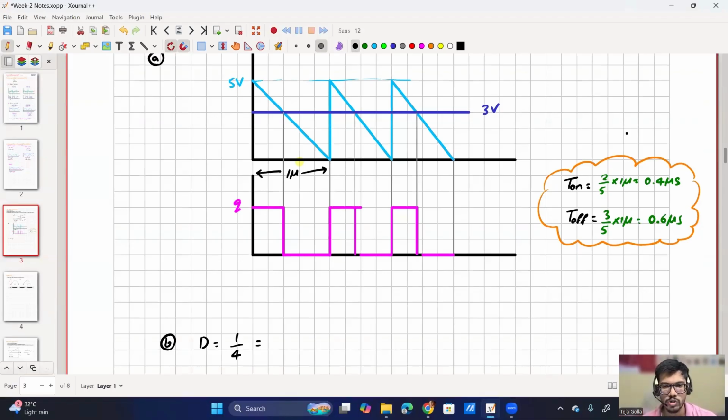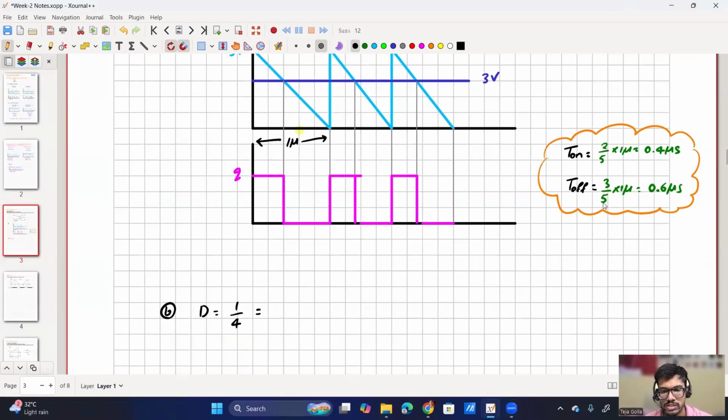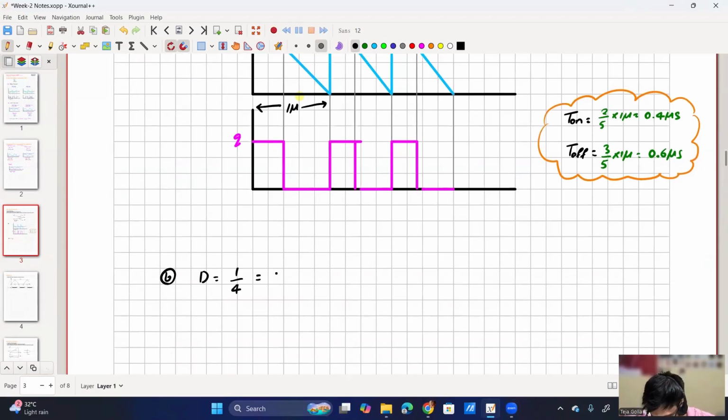So anyone, what should be the voltage of this? For 3 volts, I am getting my duty ratio as 2 by 5. So for V volts, I'll get my duty ratio as 5 minus V by 5, right? So it will be 5 minus V by 5. So if you solve for this, V will be